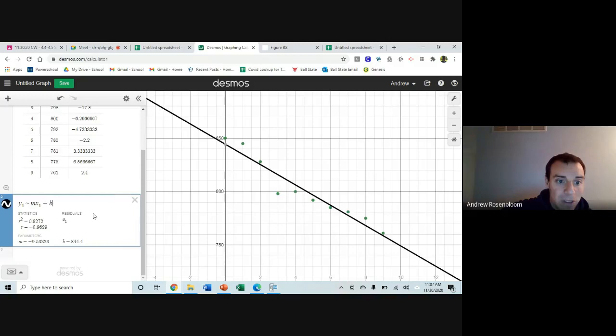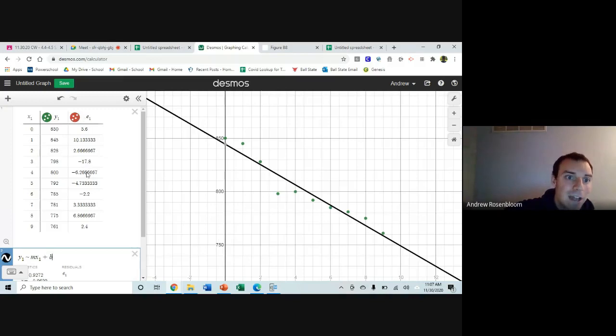about before. So on Desmos, the nice thing is if you click that little plot next to residuals, it's going to create another column that shows you the residuals. Residuals can be either positive or negative, and what they show you is how far away your actual dot is from the predicted dot for that value. So for example, when you're in year 0, your y value is 850, but the line is predicting that the y value is 844.4. So the residual here is a positive residual of 5.6 because that's the distance from your actual point to